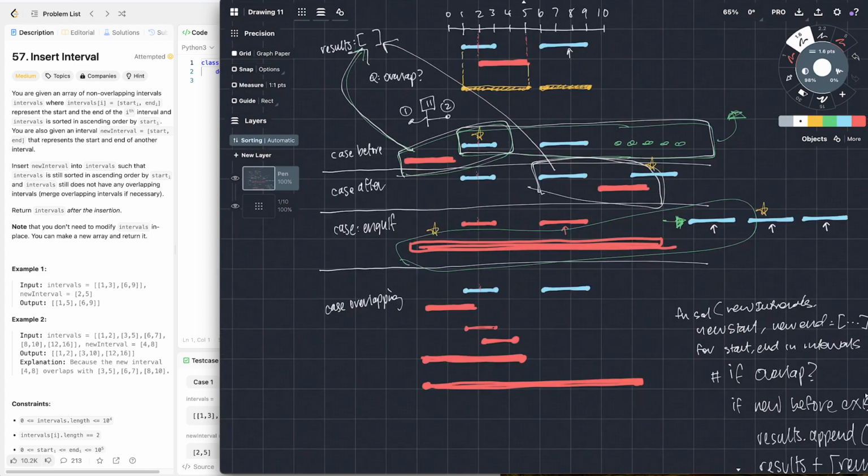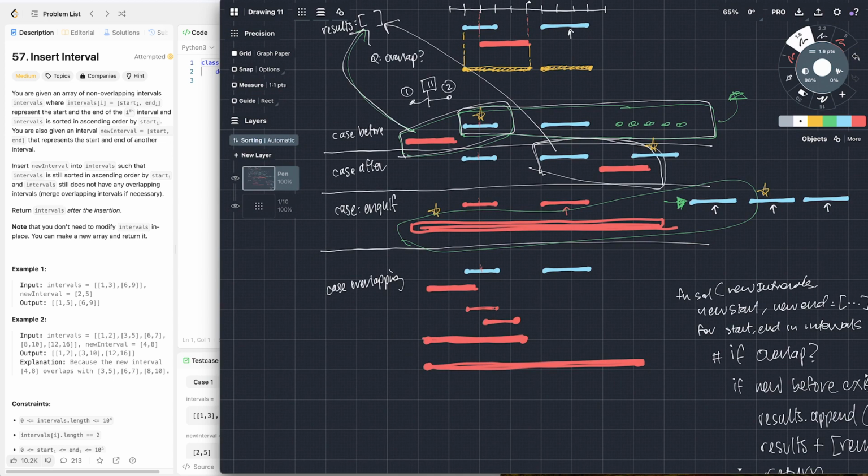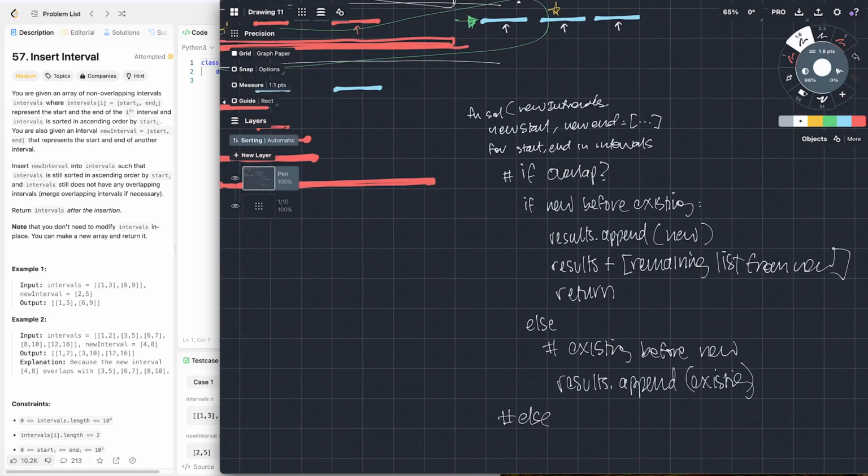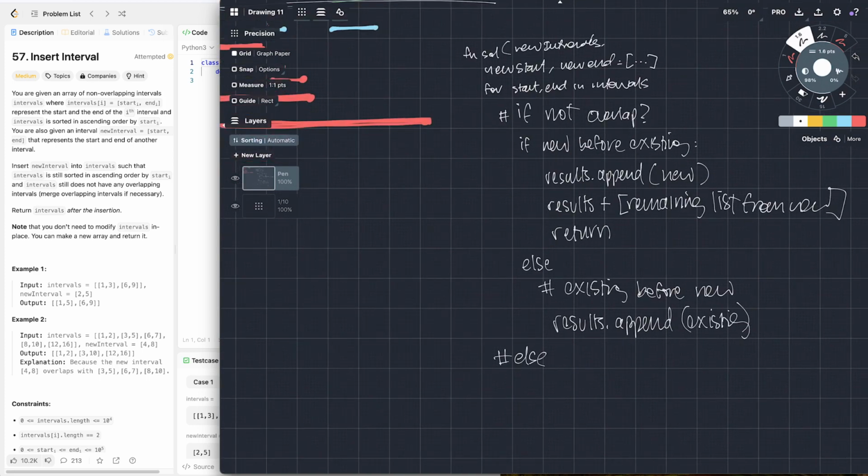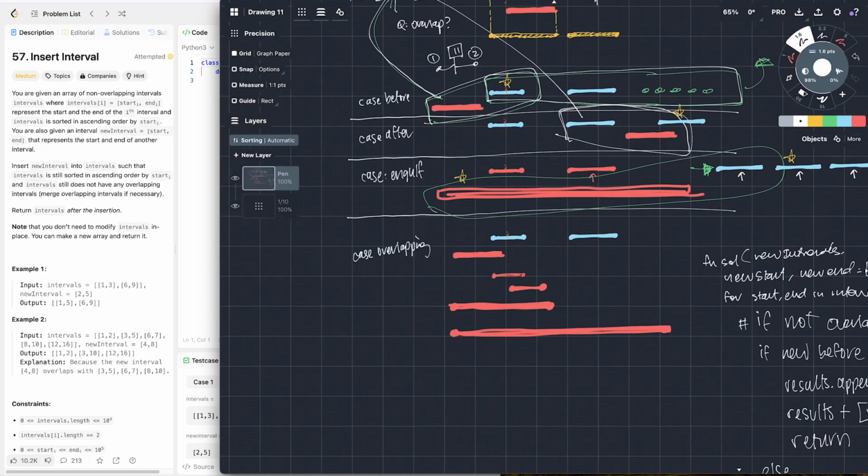And what about this case where we have to merge, right? So let's do the merge case. I realized I've done this backwards, right? So this is if it doesn't overlap. So I'm going to go ahead and say if not overlap, then this is this, and then here else, if overlap, we do something else. So if it overlaps, we're trying to do a merge, right? So the merge would be